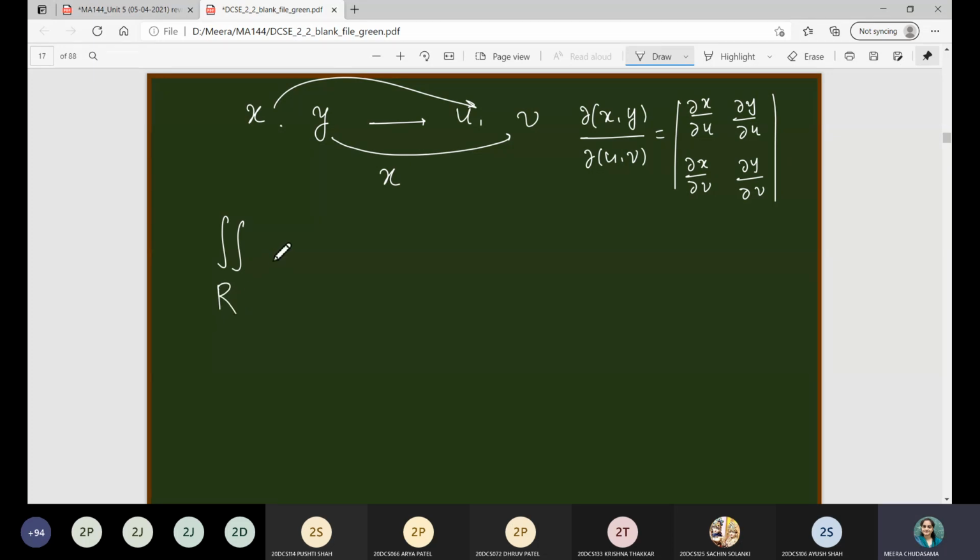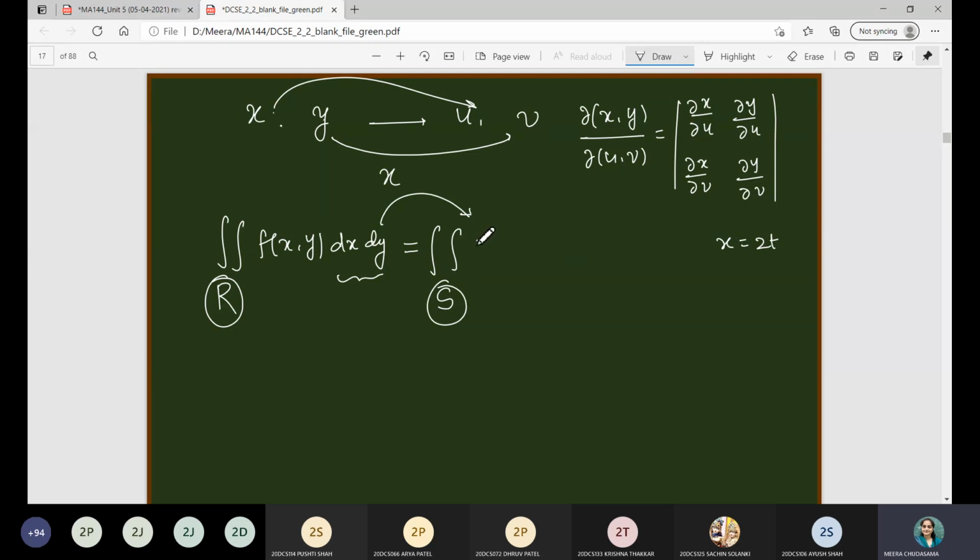So if you are given any integration in terms of the x and y coordinates over the region, in which dx dy corresponds to the order of the integration, and you have considered the transformation of x and y in terms of u and v, then what will be the change in this integration? Now the region is changed, so the corresponding limits will also change. जैसे आप integration solve करते time अगर x is equal to 2t लेते हो, तो corresponding limits और derivative भी change होता है. Similar to that, now instead of r, the changed limit, let us denote it with s, right?